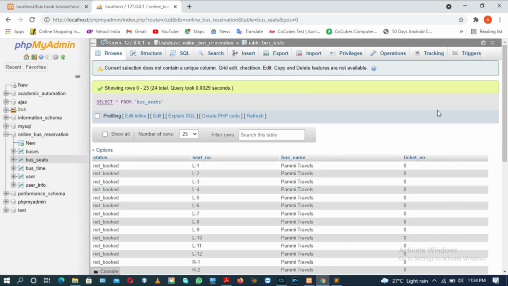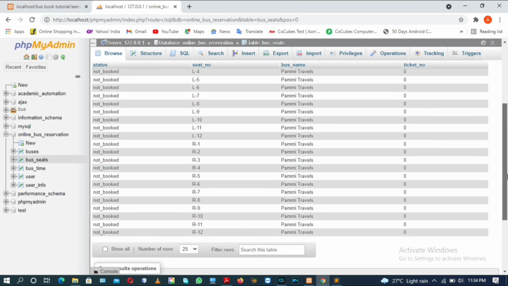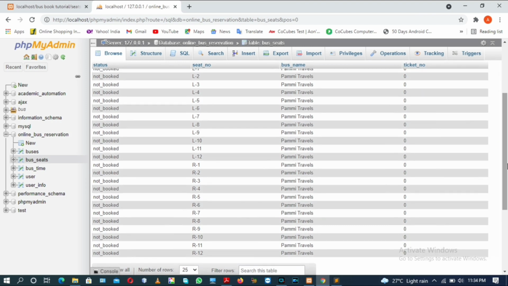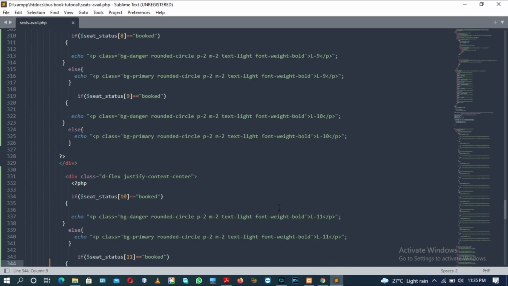So here we go, we have added the data for R1, R2 seats, and now we have to add this